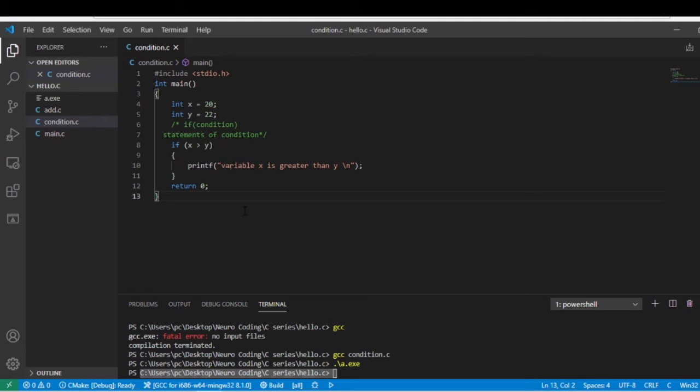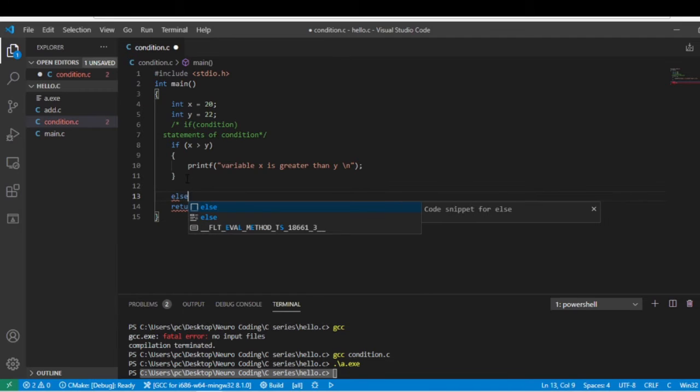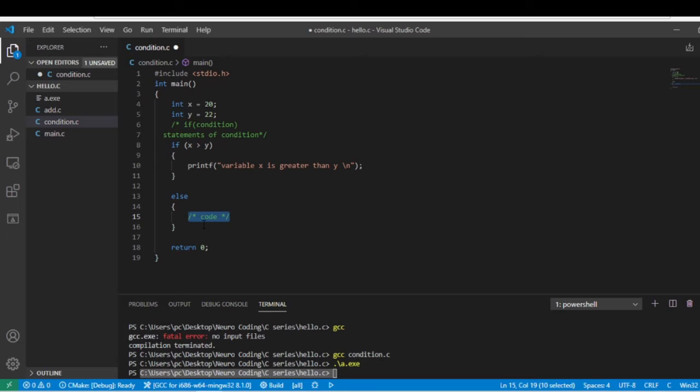You understand easily. Now we write the if-else condition. See, I write else here and a space. Visual Studio Code understands, okay? When we write else, it automatically adds the brackets, and here I write a comment, write code here. What is your code?